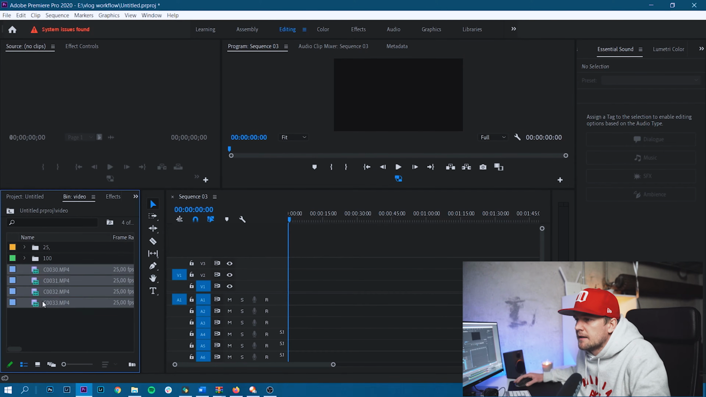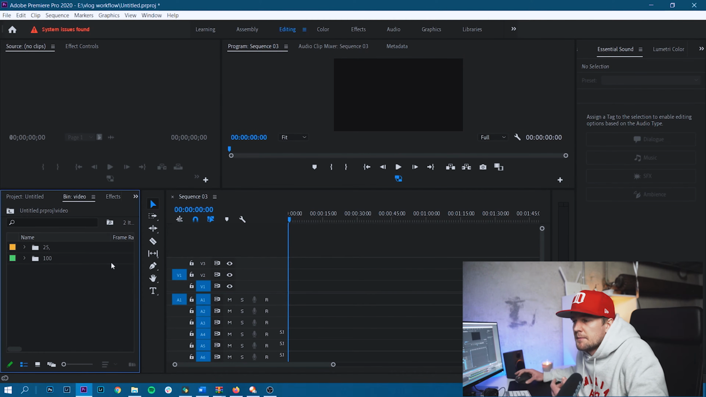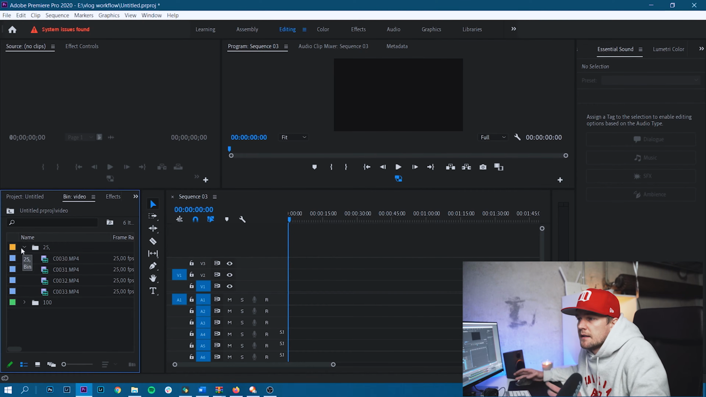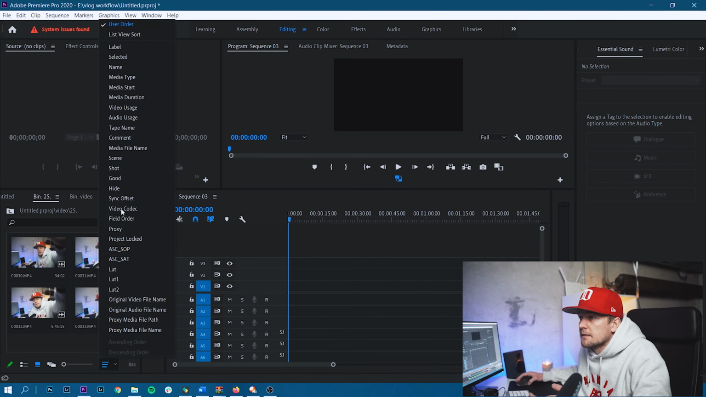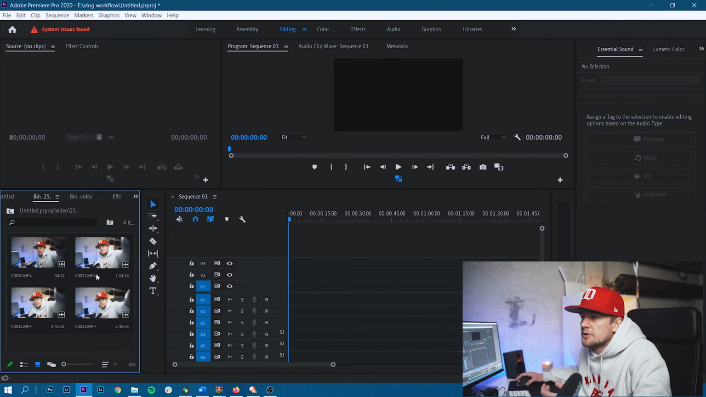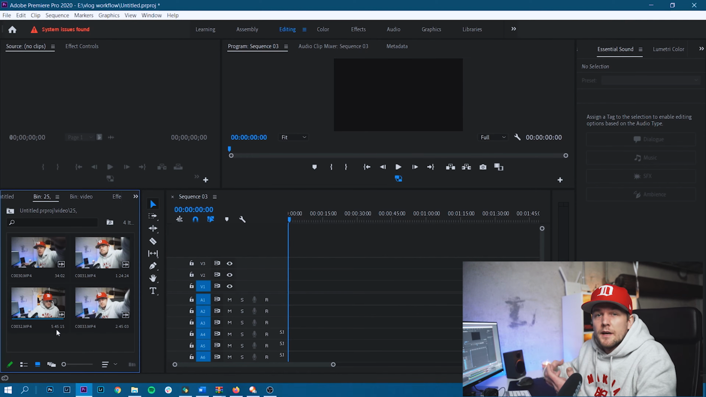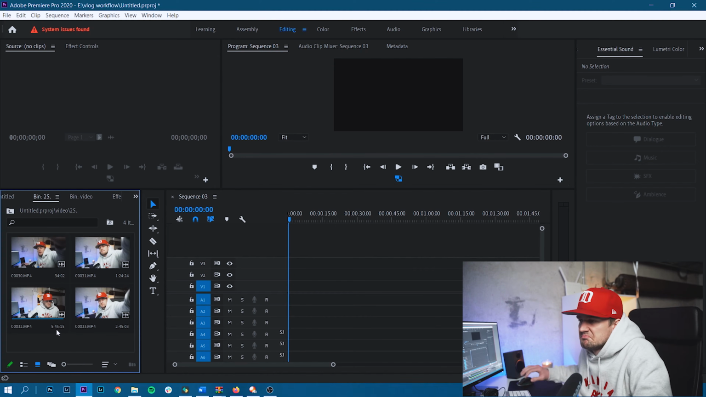But yeah, then I just drag these and drop them into 25 frames per second, and then we go. And actually they are organized, but usually they're not, so I push name and then they go in the way I have shot them. So then we go